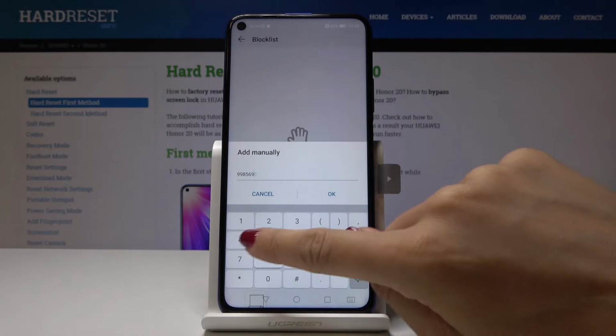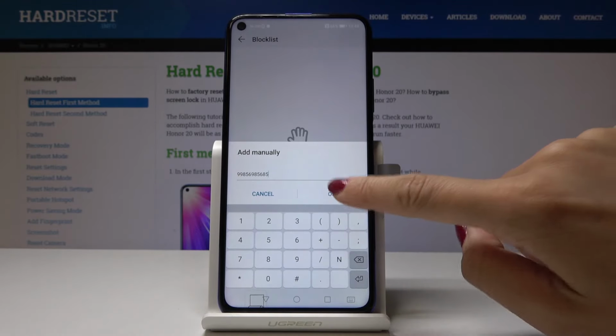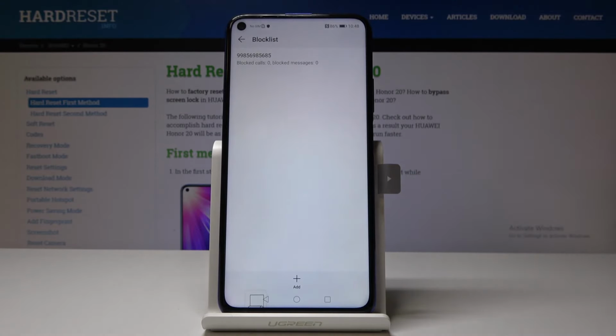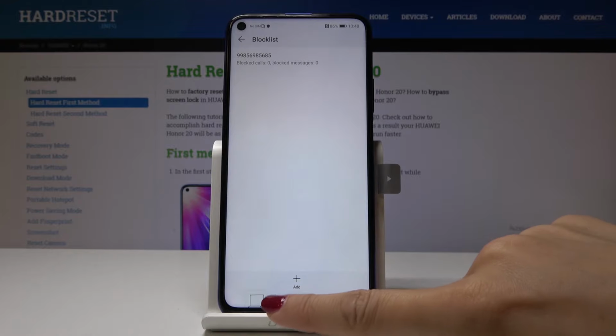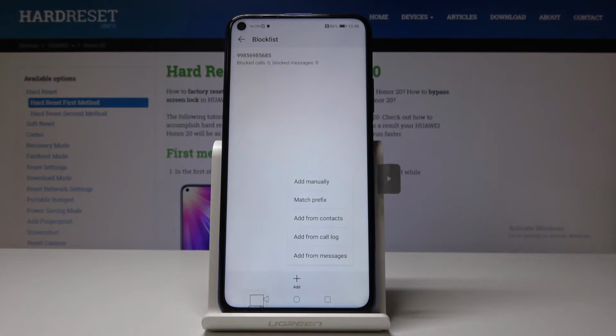Just enter the number that you would like to block, click on OK, and from now on this number will not be able to reach you. Then click on add. You can also match prefix, add from contacts, add from call log, and add from messages. So this is how you can easily add some number to the blacklist, so you will not receive any calls